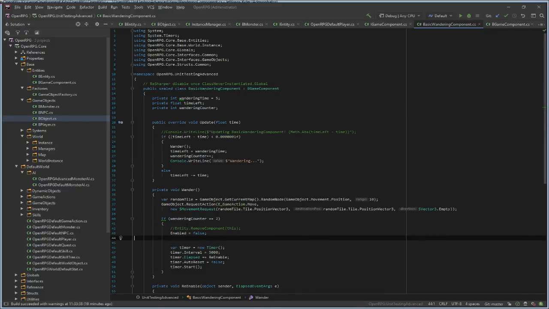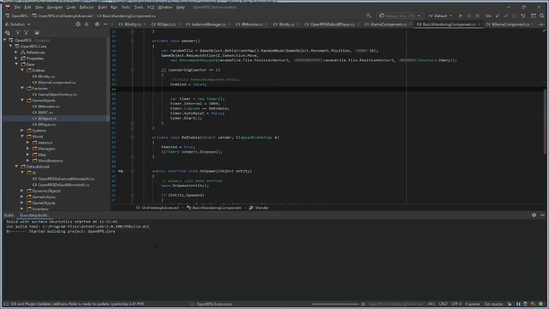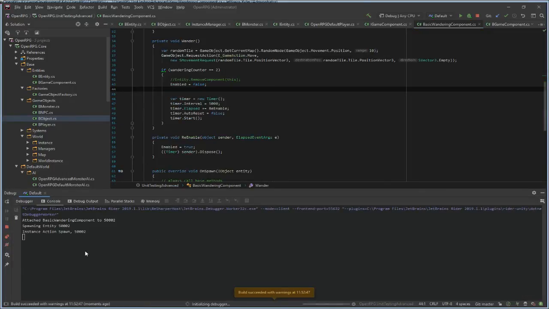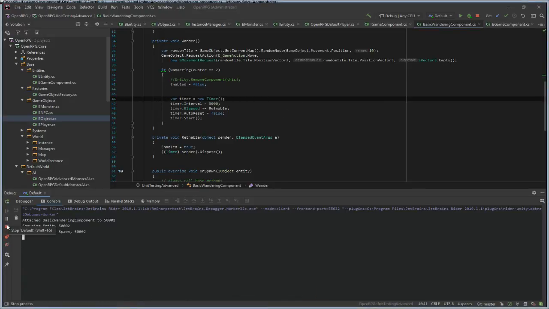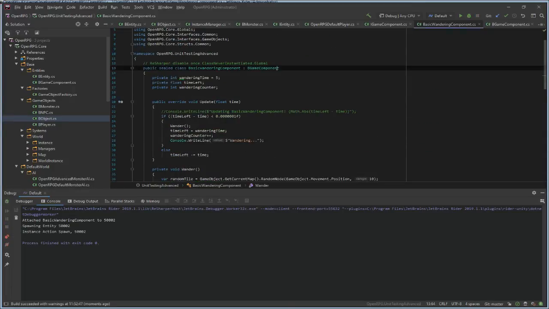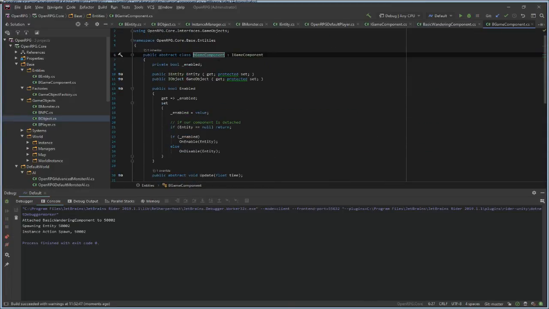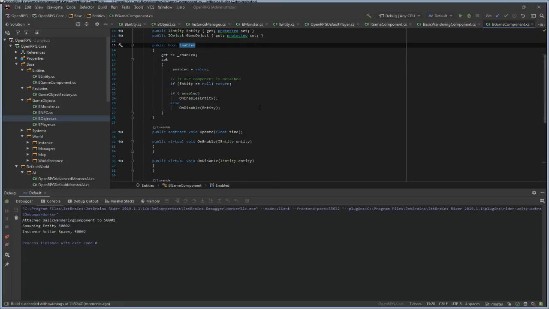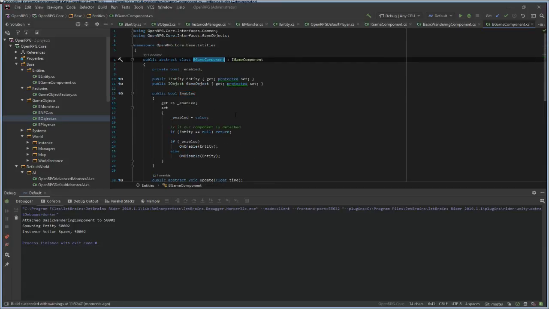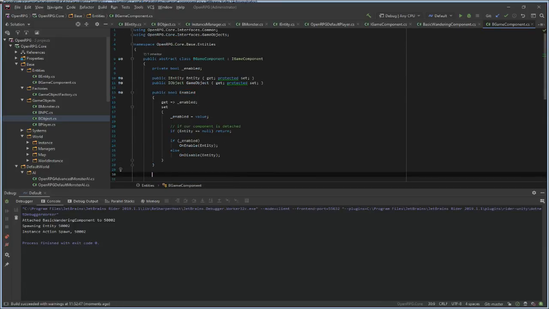Alright, so let's try this. Start debugging. Now I have an issue. It's not even working. Yes, because game components are disabled by default.